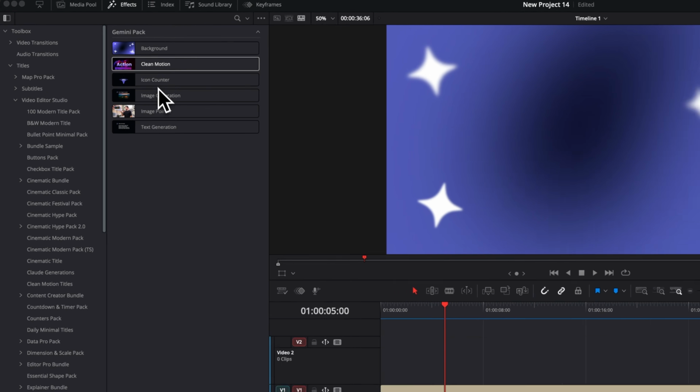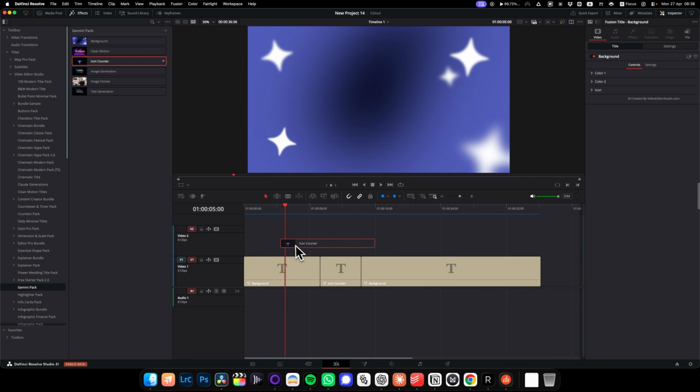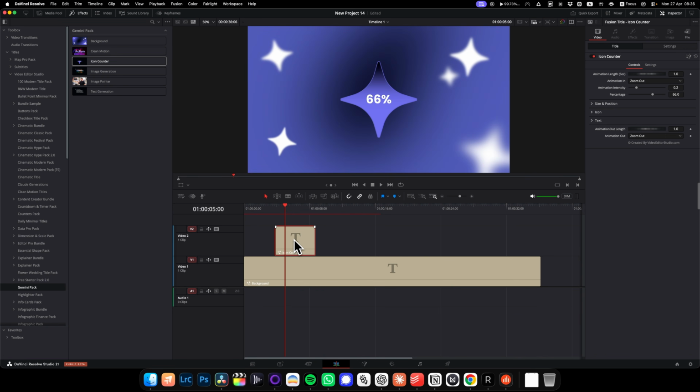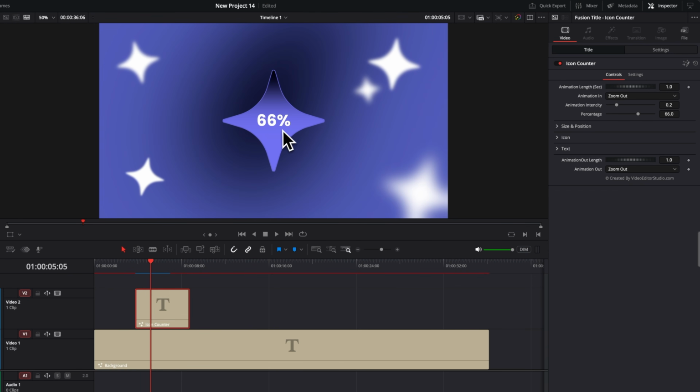Now the next title is an icon counter, so you can take it as well and drag it here in the timeline. For this one, you'll have a cool animation of basically the icon being filled with the percentage being displayed. Again, you can control the animation length in seconds, both for the animation in and the animation out, as well as the style and intensity. You can also control here the percentage, and here basically if you were to enter 50, it will adjust automatically